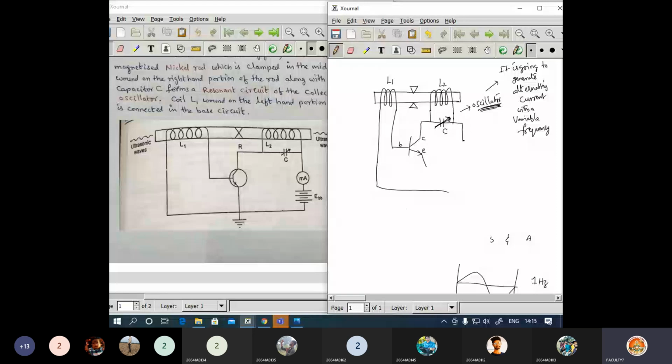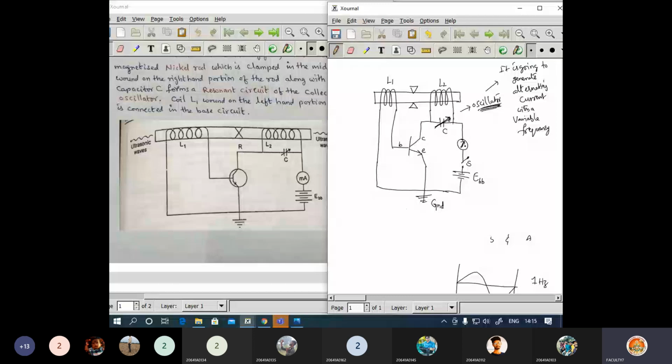Okay, and in between if you want you can place a switch also. Here this is a DC source, and here it is going to be connected, and we will consider this as the ground. Okay, so here this is a battery. If you want you can take this as EBB, and you can have this as a switch here. So this is an ammeter, and the values will be in terms of milliamperes, so you can mark this as a milliammeter here. Okay, so this is the circuit here.